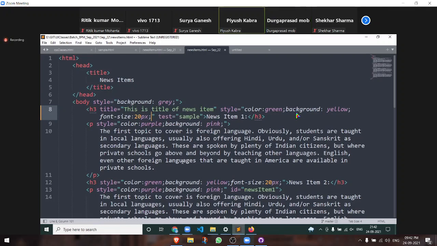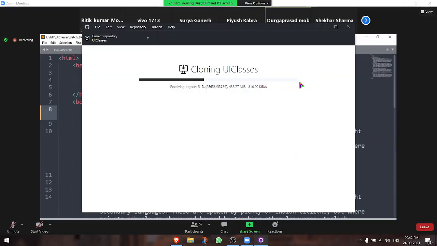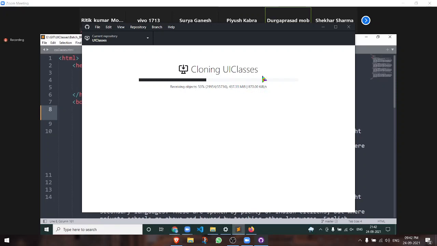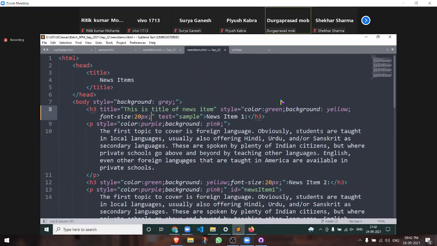Yes, you have to copy in style every time. That itself is a disadvantage, right? The first disadvantage is unnecessary duplication of the code, rewriting the piece of code. The second problem: 100 elements are having yellow as a background. Now I ask you, Surya, could you please change the yellow background to red color? How many times do you need to make the changes? 100 times, 100 items. That is the second disadvantage. Maintenance is not so easy, and there is unnecessary duplication of the code.